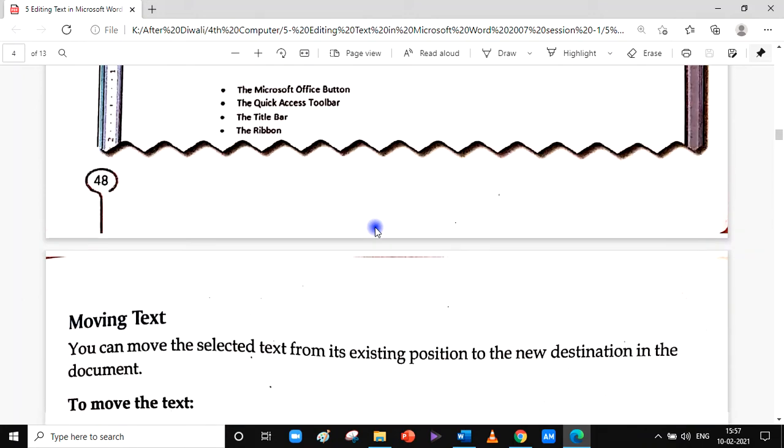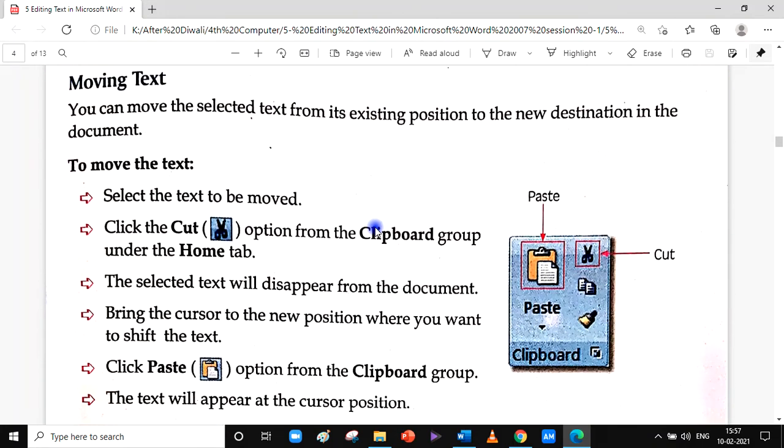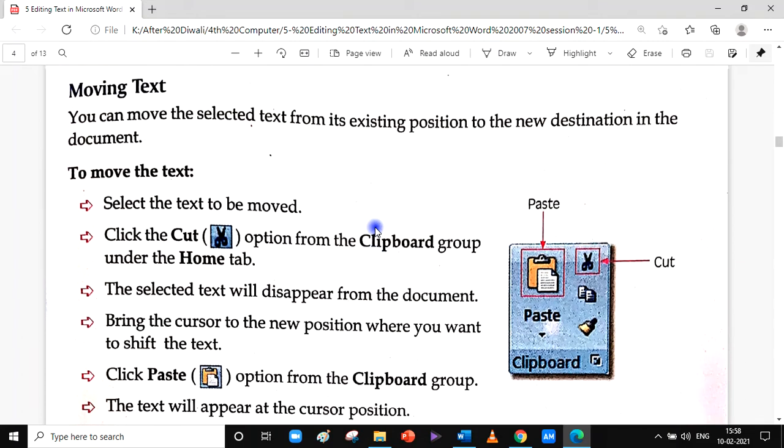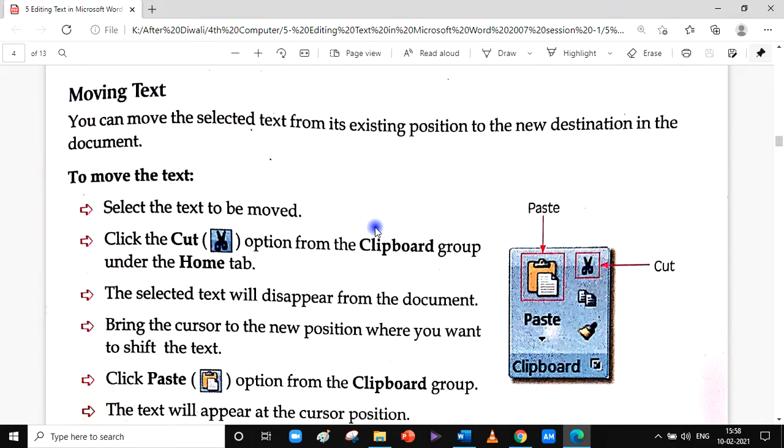Okay, let's move forward. How to move text? There are two methods to move text. First, you can copy and paste it. Second, you can cut and paste it. Copy and paste is not properly moving, we can just say it is copying and multiplying the text.